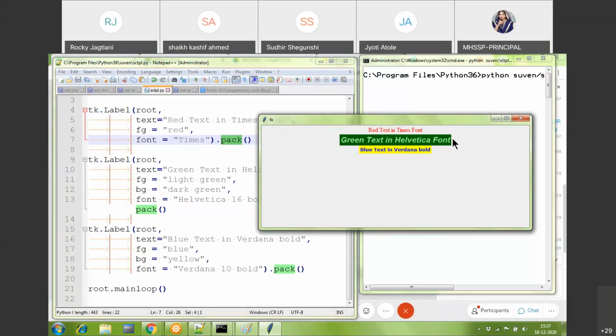Because by rule, if you don't give anything to the pack function, no side left, no side right, then it is going to place every component one above the other in the center of the available area. Okay,